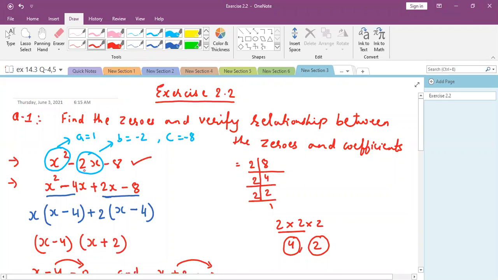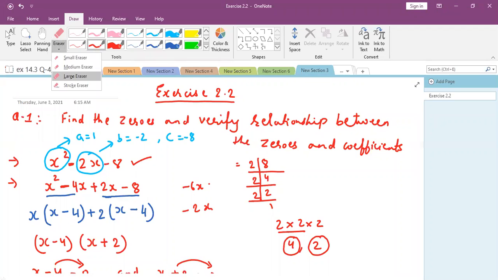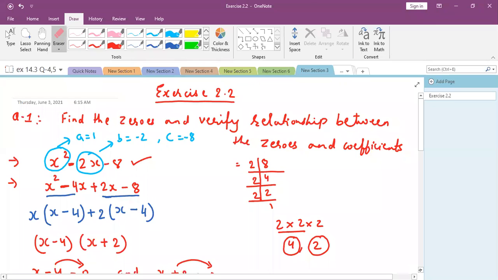So here we needed the middle term as minus 2x. So first you have to take the minus sign as it is, and the bigger number I have taken every time, that is 4x. Then if I take minus 2x, minus 4x minus 2x will give me minus 6x, right? But here we need minus 2x as the middle term. So that is why we will not take minus 2x. We'll have to add plus 2x. Okay, so this is the procedure you can simply follow to find the zeros. So let us proceed with the question that we are doing currently.